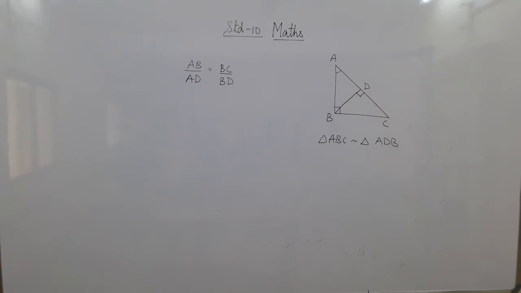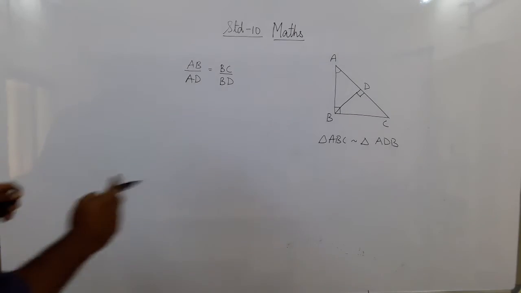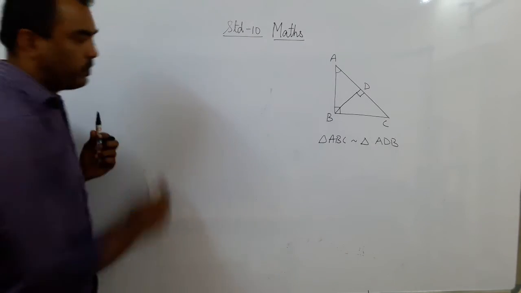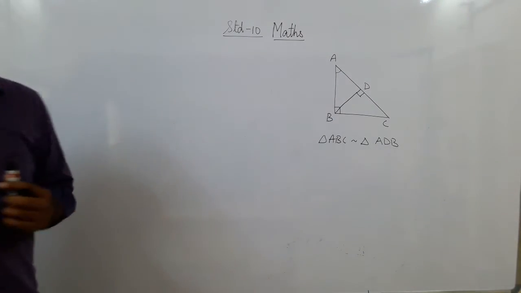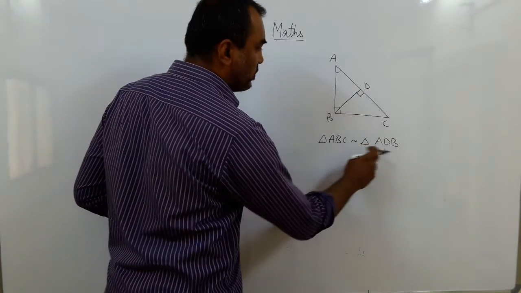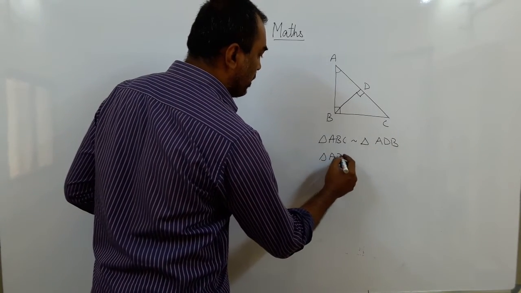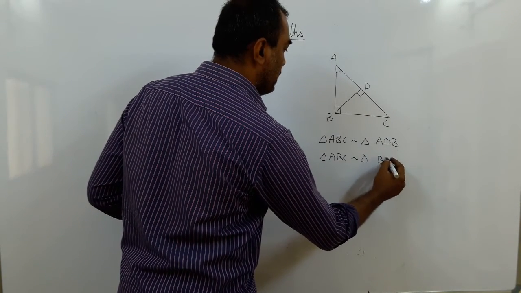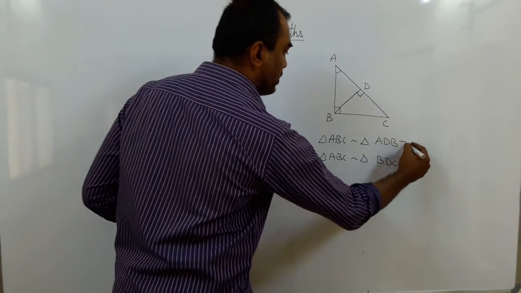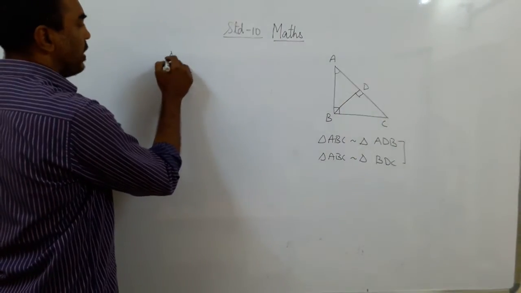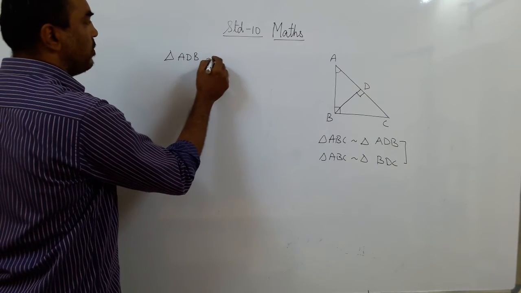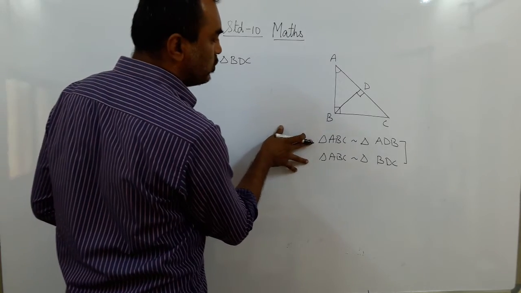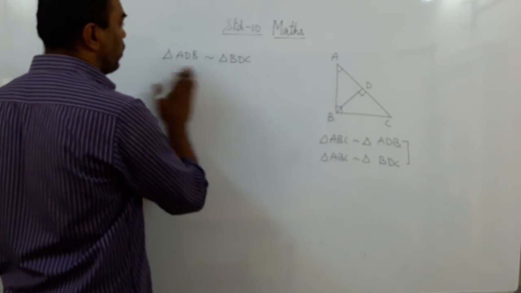Okay, so we have had this. We'll leave this right now. I want to show you what I intended to. What we proved in the previous theorem, ABC was similar to ADB and ABC was similar to BDC. From these two, these two triangles are similar, so we have triangle ADB similar to triangle BDC. In the previous theorem, we had only made use of these two. We had not made use of the third one. Now, why did I bring the third one here?